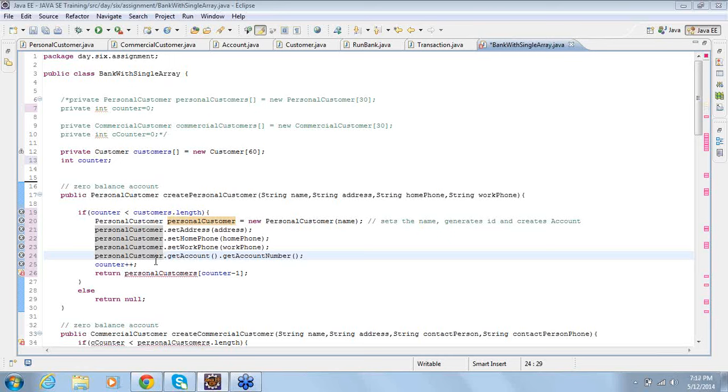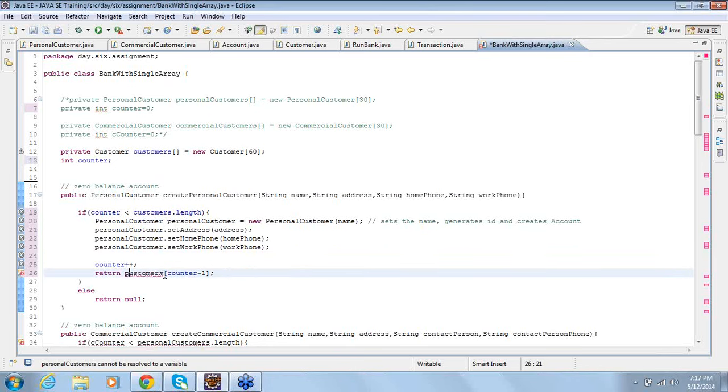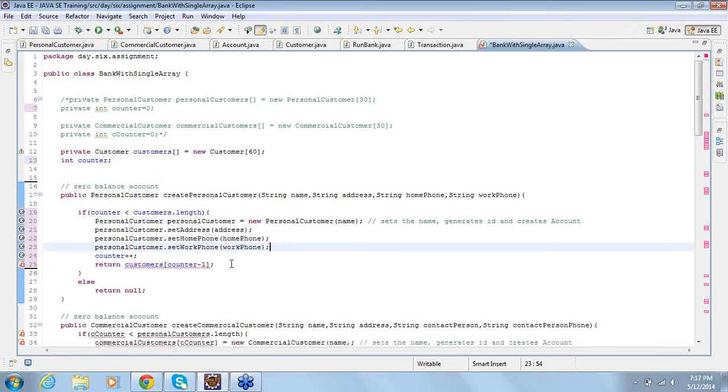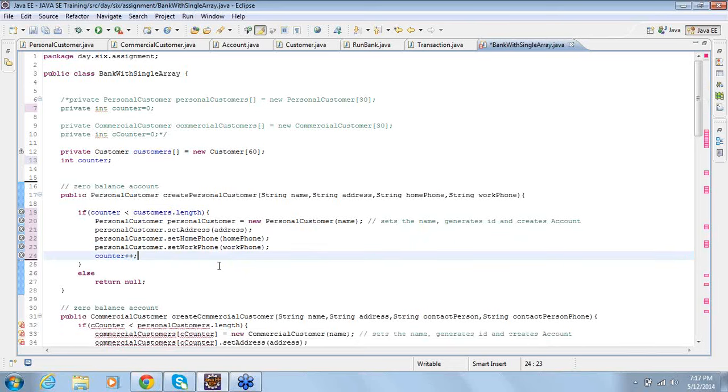Why am I doing this? It was a return statement, right? We don't need this. We just return that object. You can still return that personal customer object. Just give me a minute. Okay, there are a few more changes here.